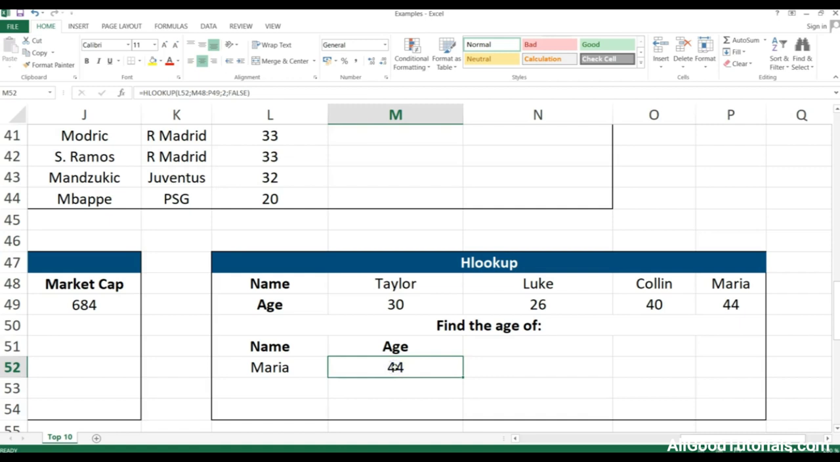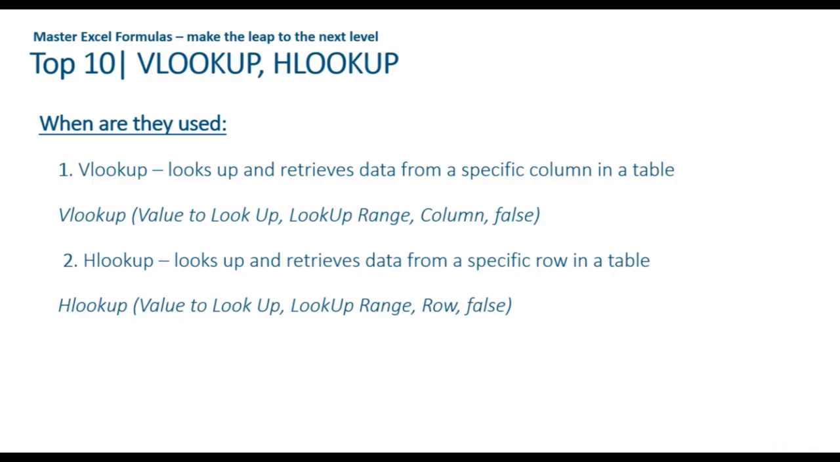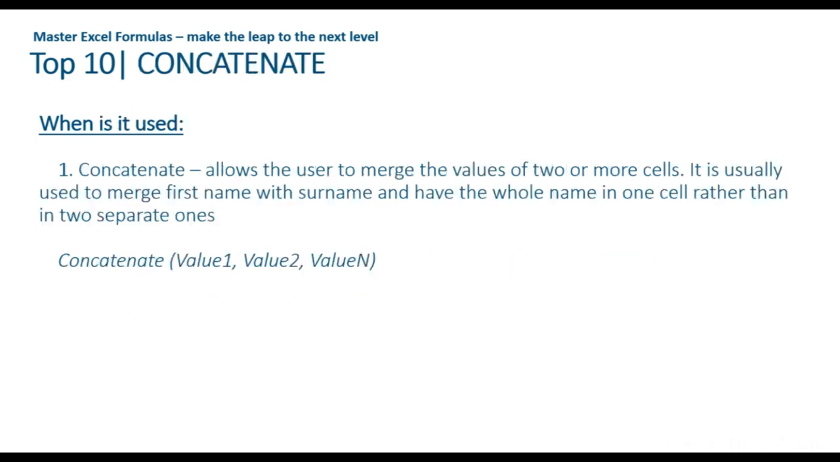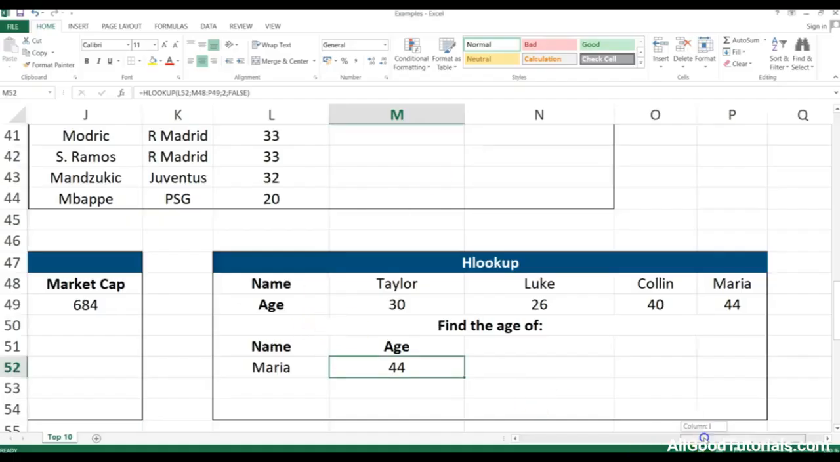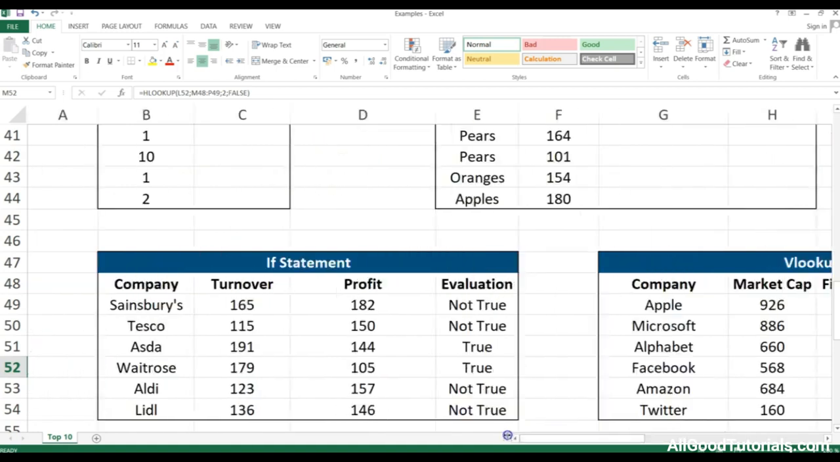Okay, now going back to the presentation, after this group of formulas we have CONCATENATE, and this is another very frequently used formula. What it does is basically allow the user to merge the values of two cells in one cell, or more than two cells, as you can see from the structure of the formula here. Okay, so if I go to the example sheet again and find the example for CONCATENATE